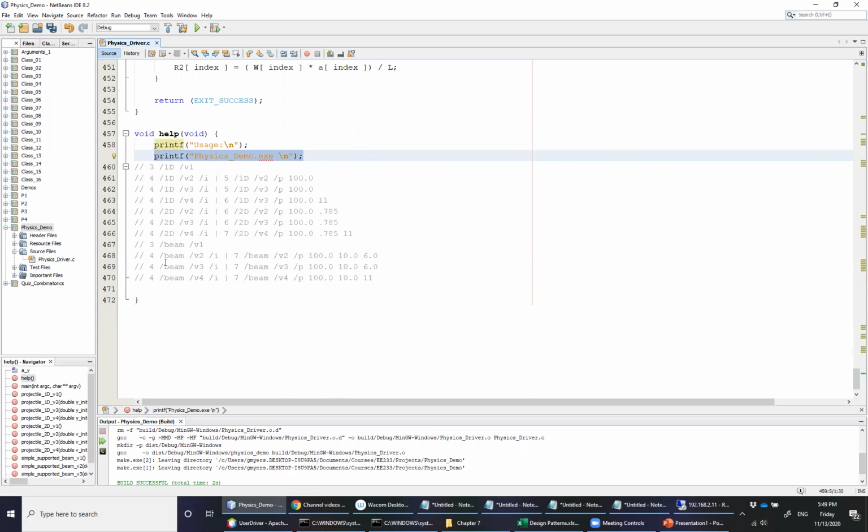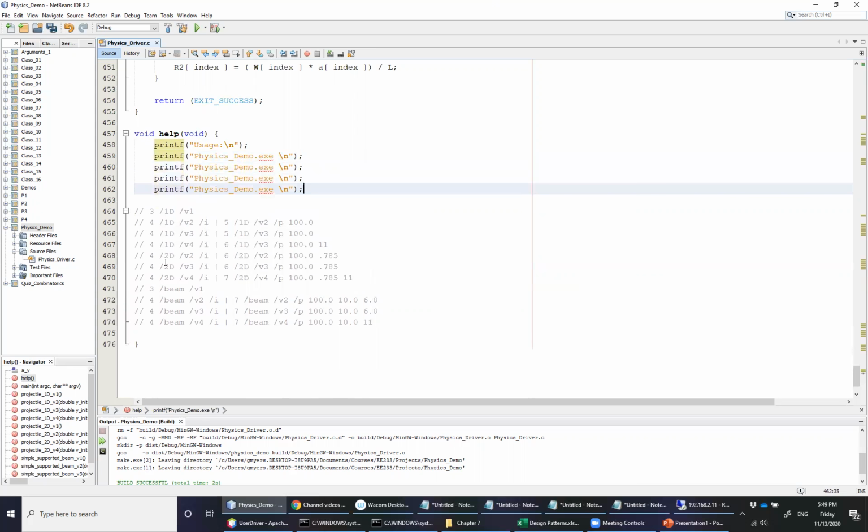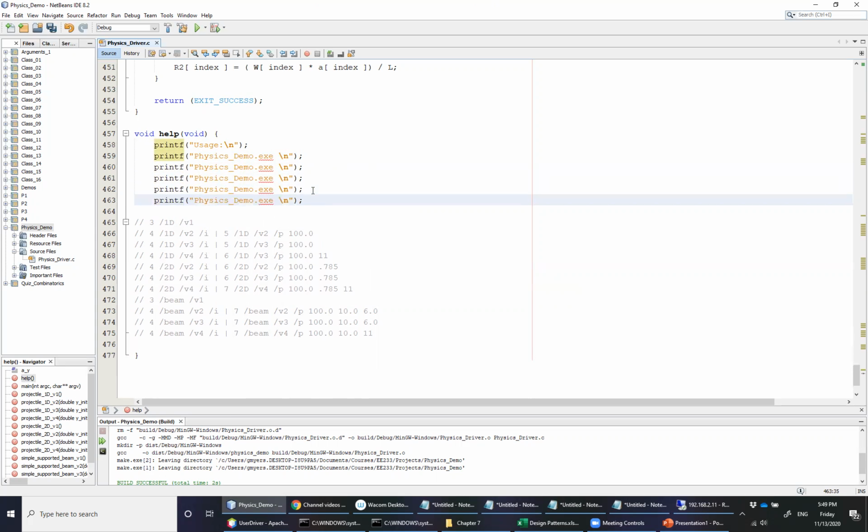Then what we're going to do is make multiple copies of this. If you want to go ahead and start off by making several copies of this, let's see, as a matter of fact, 1, 2, 3, up to 20. So there's 20 different ways that we can call our physics demo. Once again, I'm not going to do all of them in this video. I'm going to start with a few, so we'll focus on maybe 5. Then what you want to do here is simply use these comments that we created earlier to show the user how they would, in fact, call your